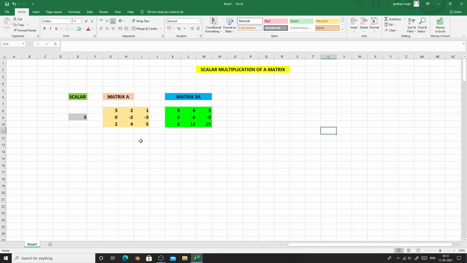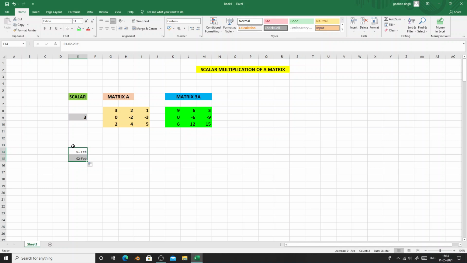Now let us take one more example. Suppose this time we take the scalar as say 1 by 2. And let us take the matrix, say I write here matrix B. So let me drag this one downwards. So here you can see that we are getting 1 February, 2 February. Also this we have written as 1 by 2, it is not 1 by 2. It is becoming 1st of February.